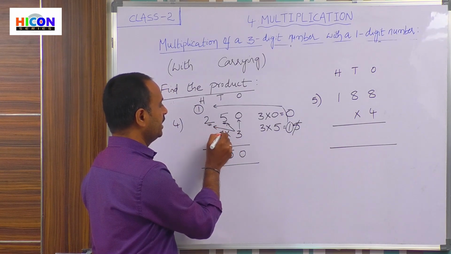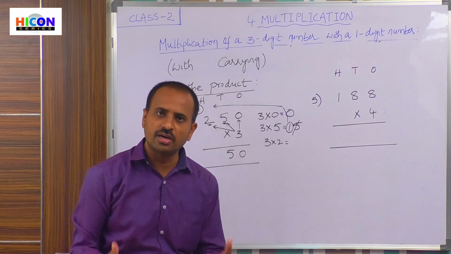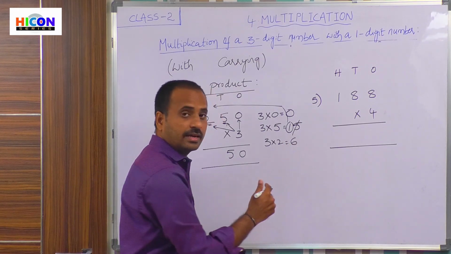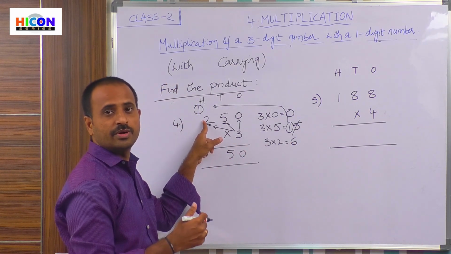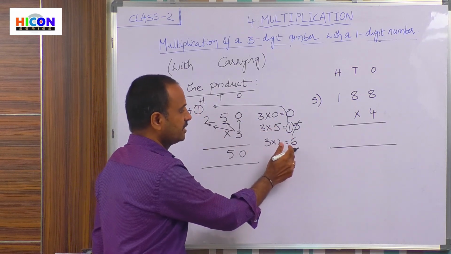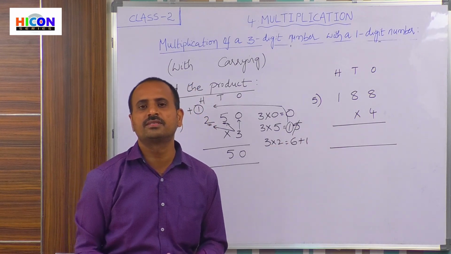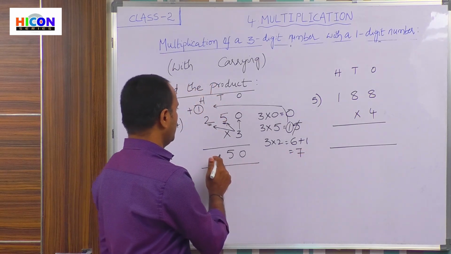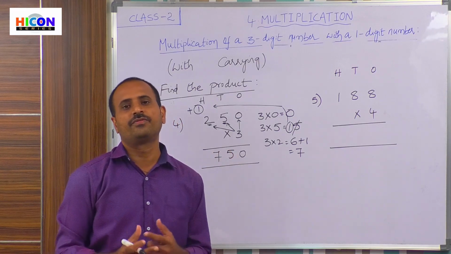2 is present in hundreds place. Multiply 2 with 3, that is 3 into 2. So children, how much you will get? 3 2s are 6. And add the carried number to the 6. Children, here is a carried number. So what is the carried number? 1. Add this carried number 1 to the product, that is 6. So add 1 to the 6. So how much you will get if you add 1 to 6? So 6 after 7. So you will get 7 and write 7 under hundreds place. So the answer is 750.